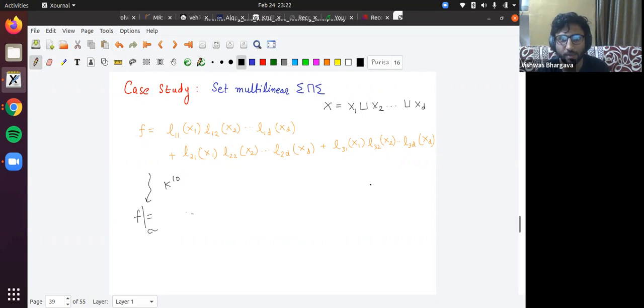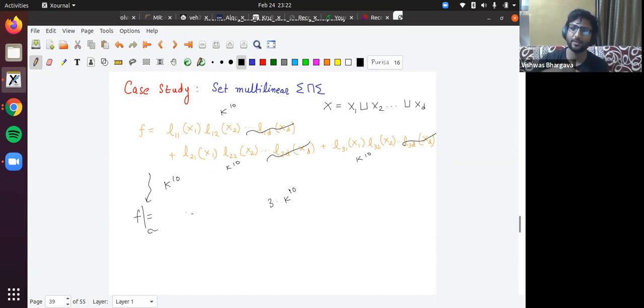Okay, so let me not write the projection. It's essentially some constantly many, constantly many, constantly many. Now here also, if you focus on the number of essential variables from the previous argument, since there are only constantly many linear forms here, this would be like k to the 10 here, k to the 10 here, k to the 10 here. You get, let's say, 3 times k to the 10 essential variables.